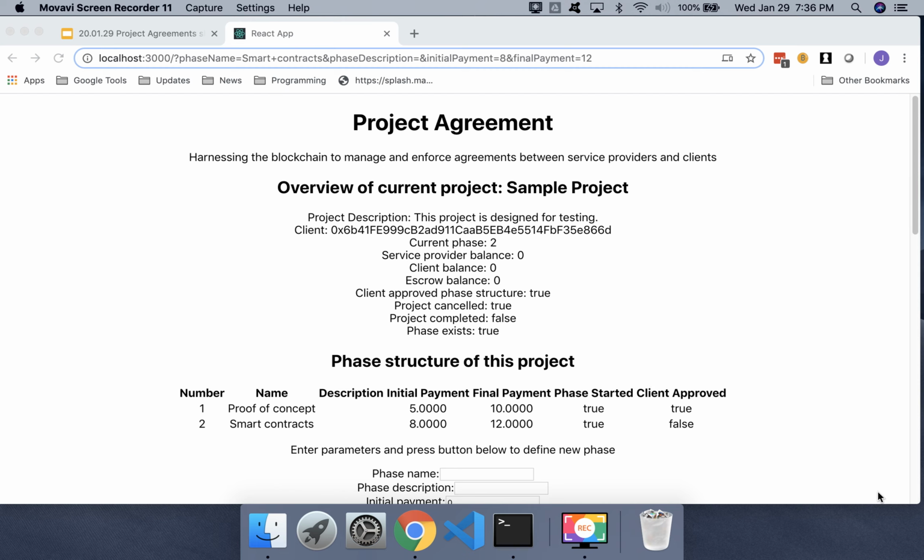This approach has a number of major advantages over the verbal agreements that normally govern project work today. The risk to each party is reduced. The funds are held by an impartial smart contract that releases them according to rules that have been agreed to in advance by both parties. Transaction costs, such as the cost of creating and enforcing the agreement, are virtually zero.